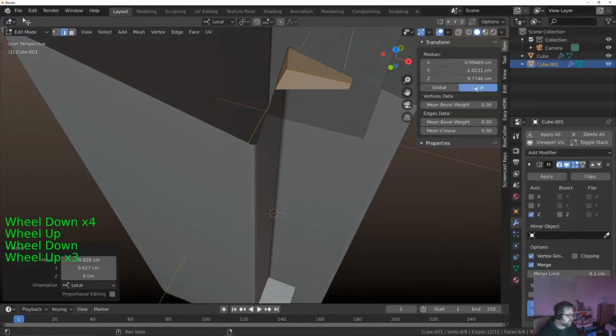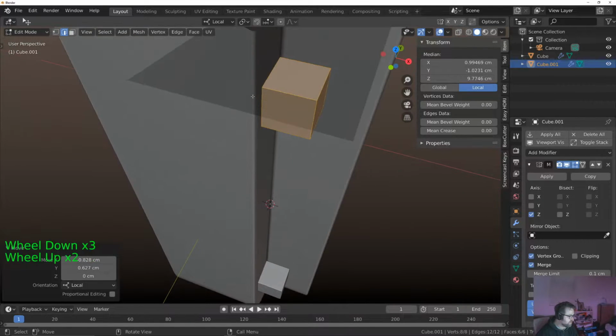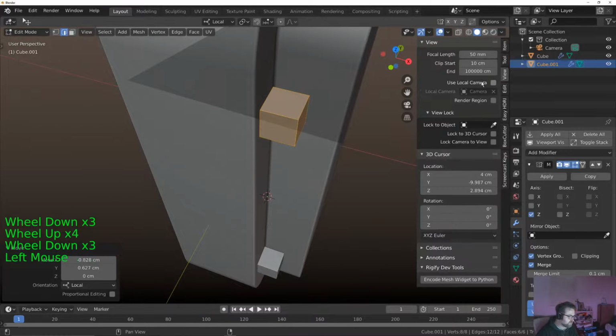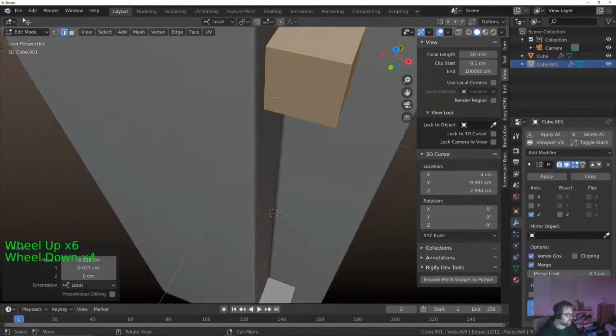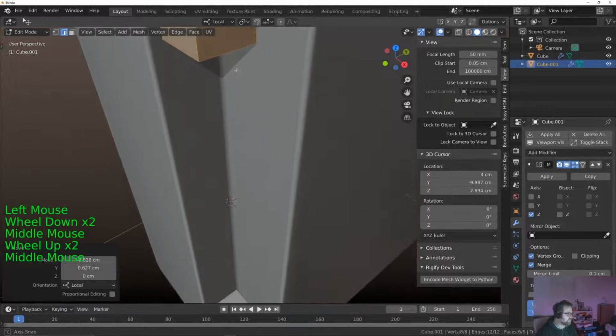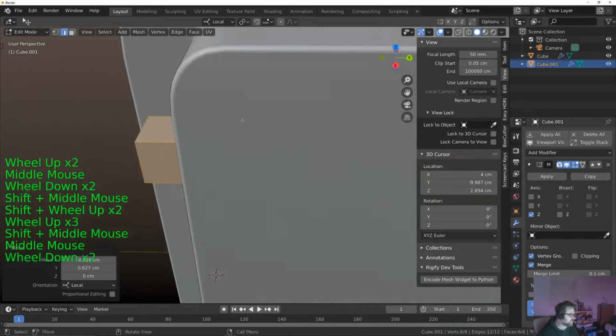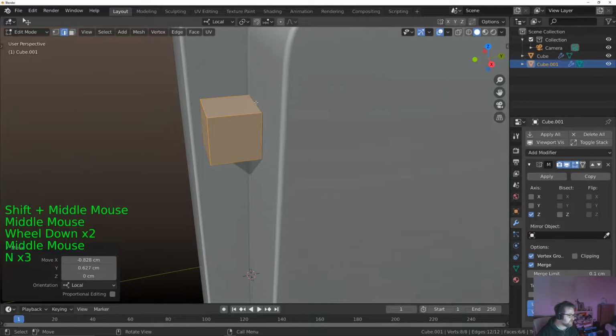we're unable to view the objects at close angles or close distances, so it's at 10 centimeters at the moment. Let's bring it down to 0.1, and that should 0.05 maybe. We might need to get up close and personal. Let's just press N to get rid of the